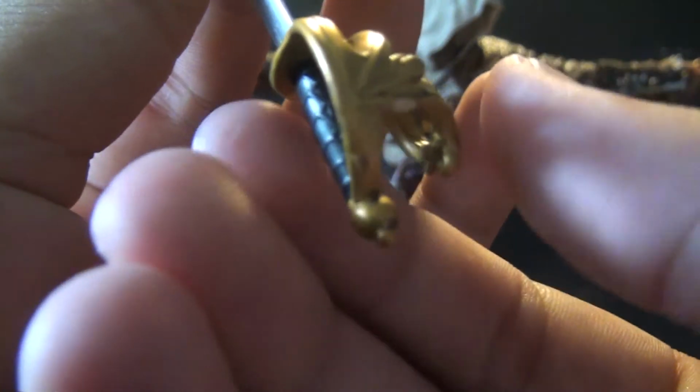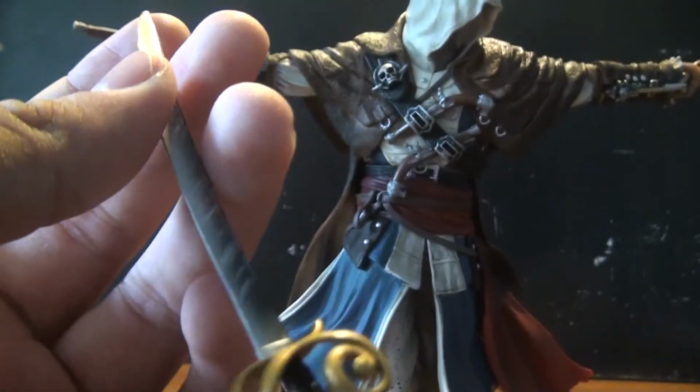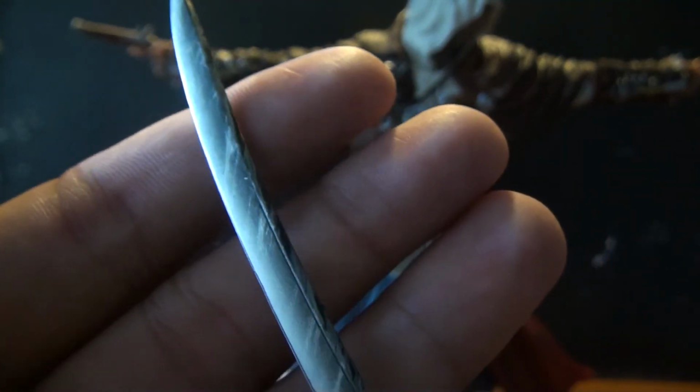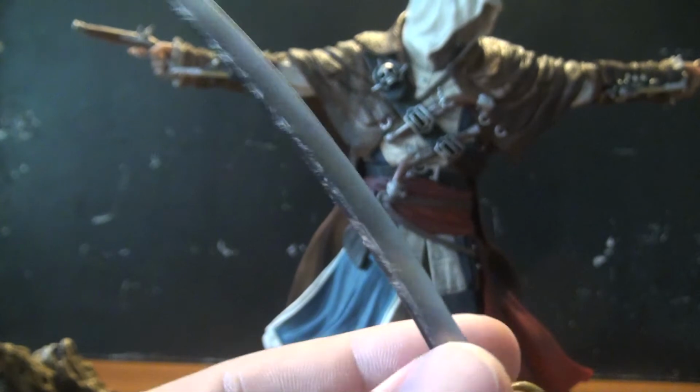Really nicely detailed. It is a soft rubber, which I do like, so it isn't that fragile. Nice detail throughout the sword, especially on the blade. You can actually see all the details and wear and tear in the sword, like it's been through battles and that kind of stuff. One thing I was surprised by is the fact you can actually